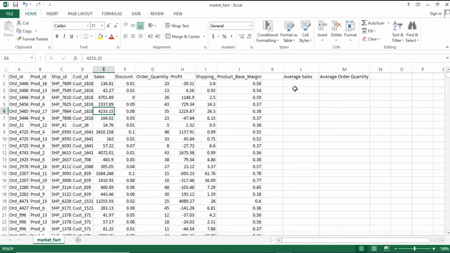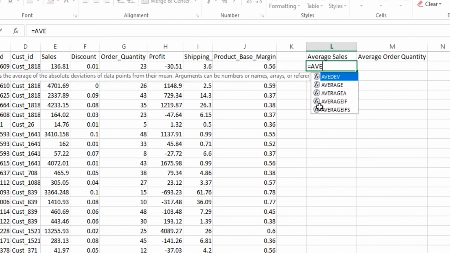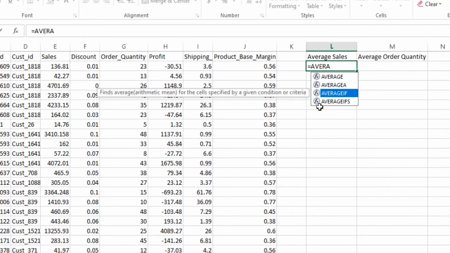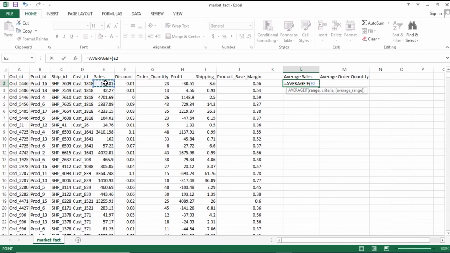So in this case, we use the average if function. We write equals to average if and specify the complete range of sales, and then the condition that the sales are greater than 500, and then press enter,